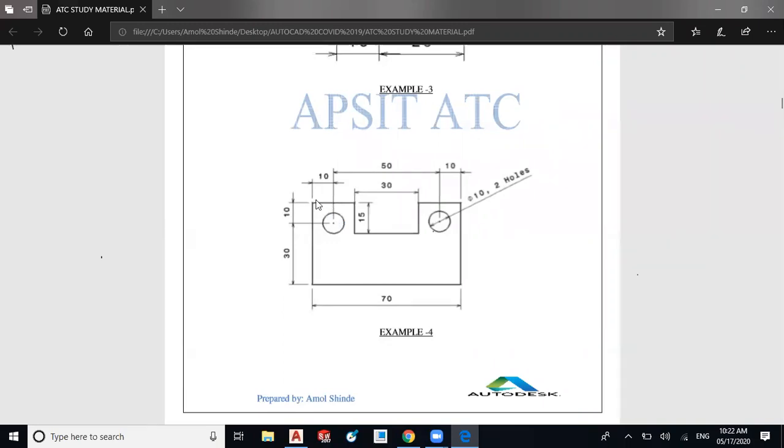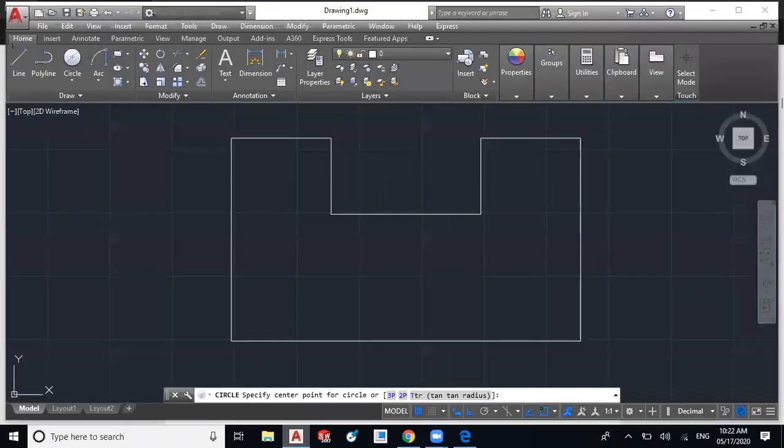It means the midpoint of this 20 mm line, and 10 mm below the upper edge. So we know the position of this center, so I will track this midpoint of the line. It is at 10 mm from the left. Okay, and I will track down. So I have to track this object downward.